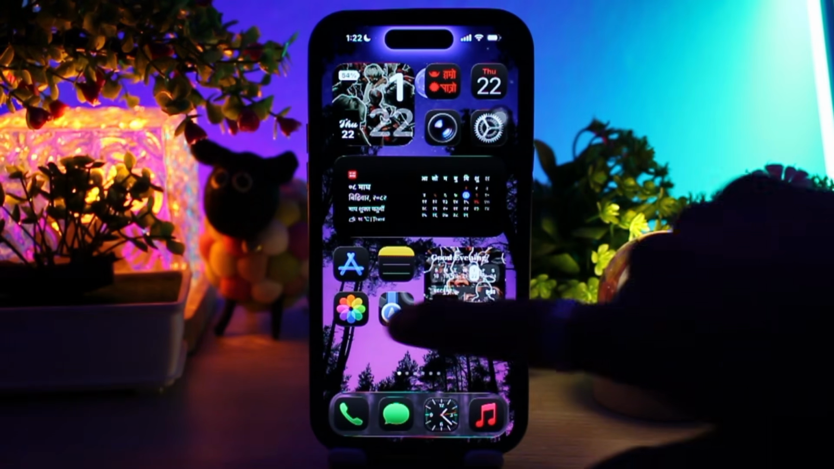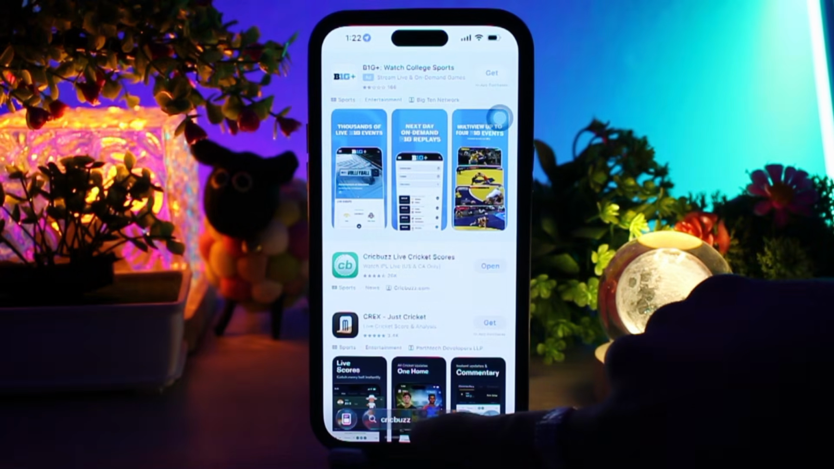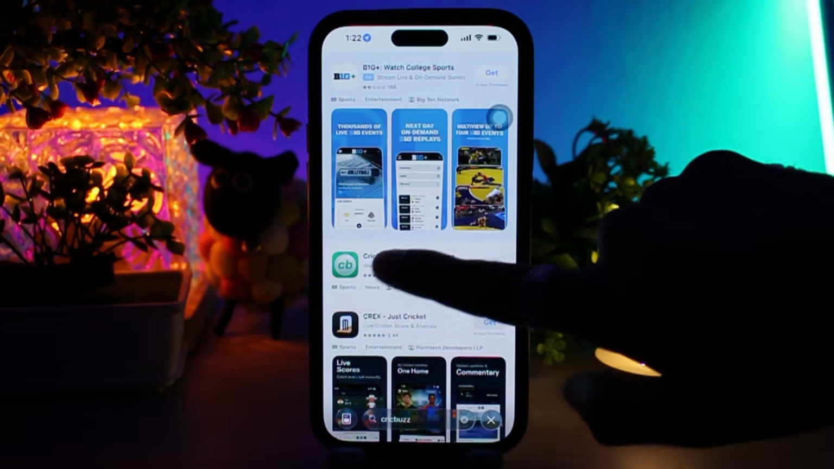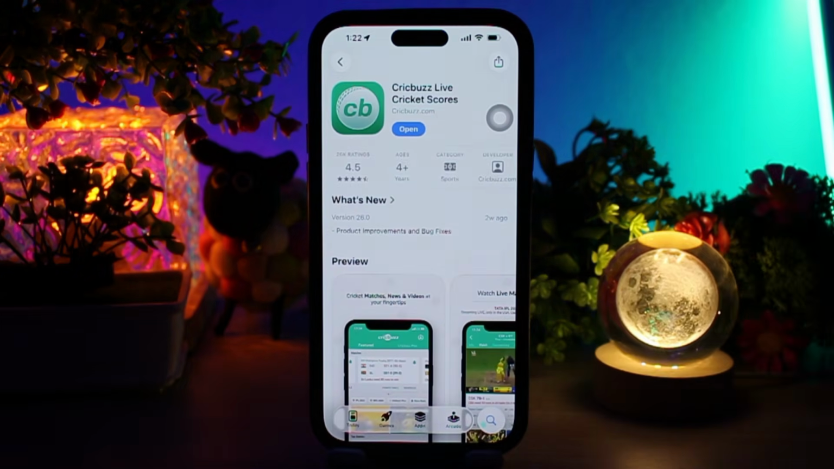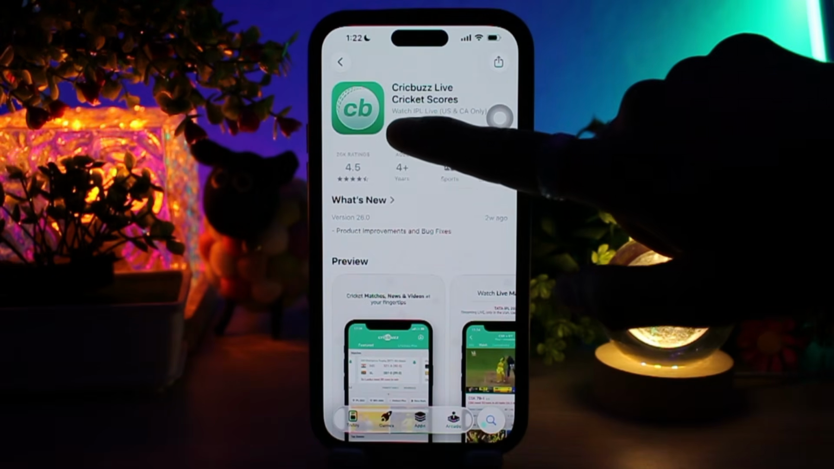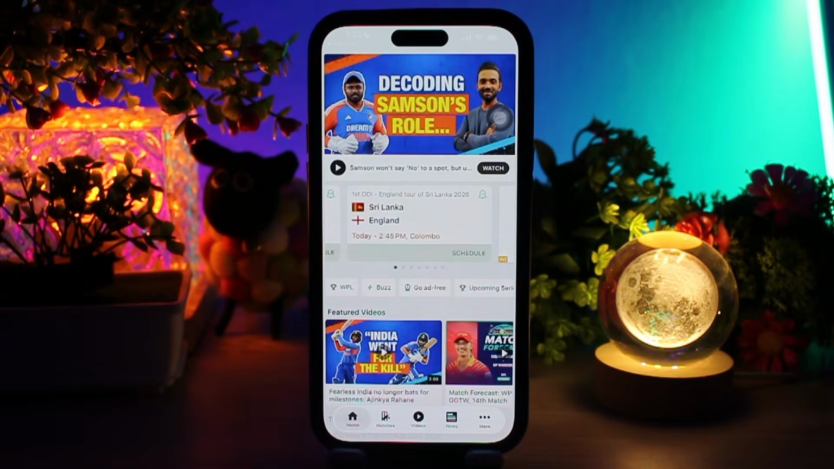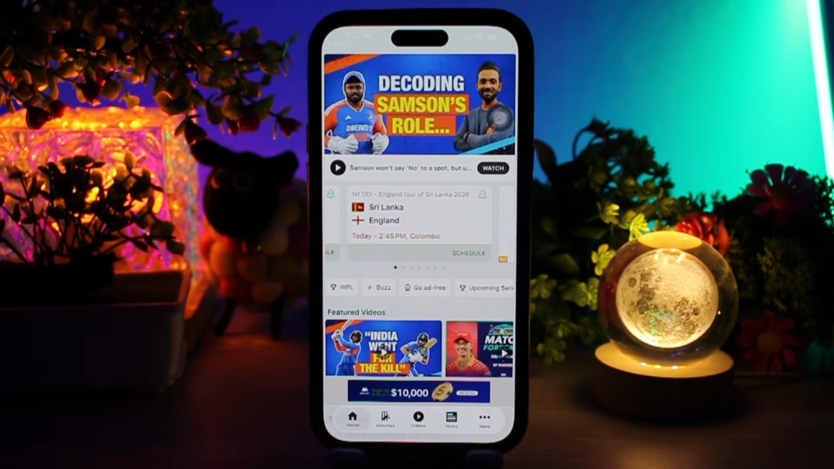To do it, first simply head over and open up the App Store, then on the search bar type in Cricbuzz. Then simply tap on the app, then tap on the download option or get option and follow the on-screen prompts to successfully download the app. And once downloaded, simply tap on open, and then once inside here, what you need to do is scroll down